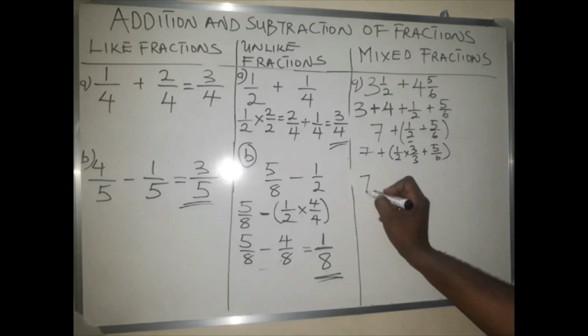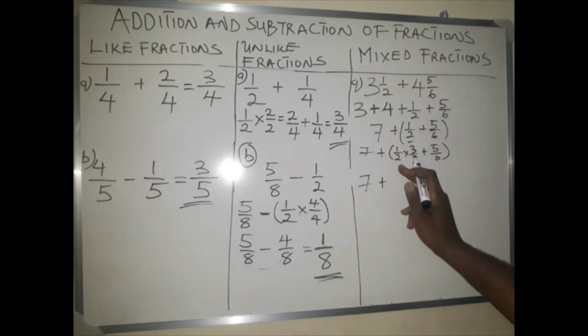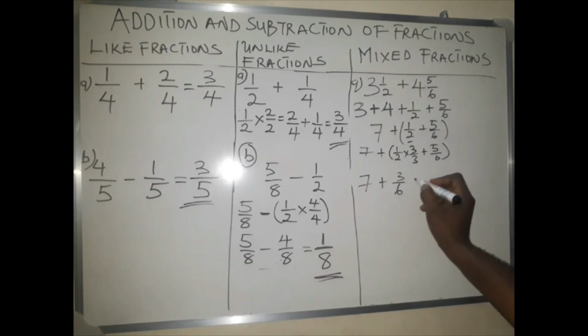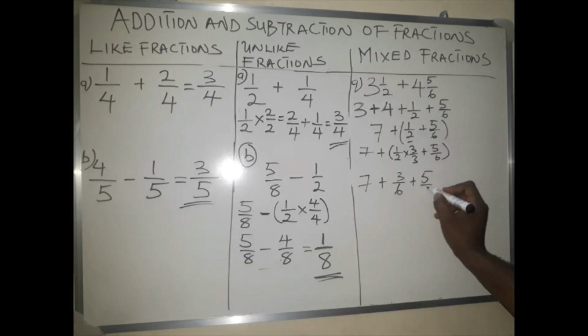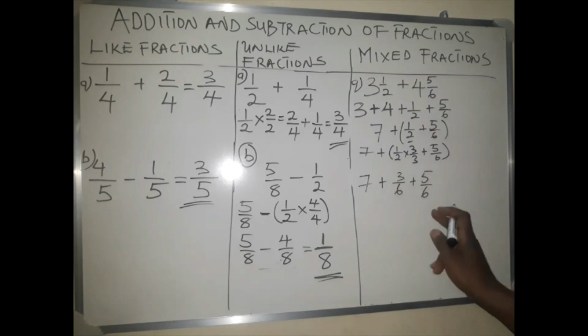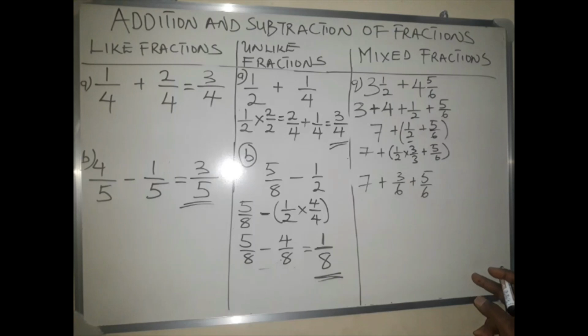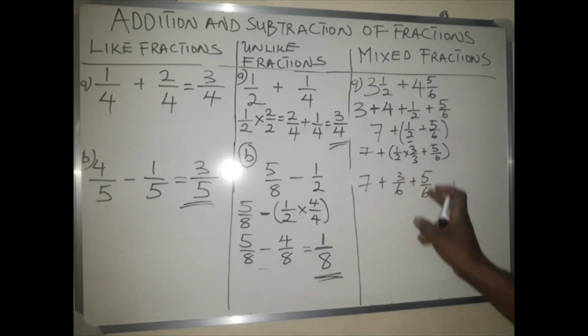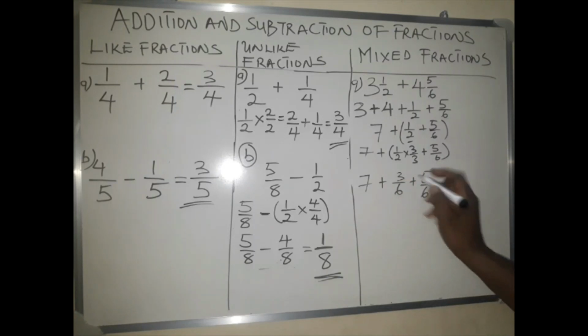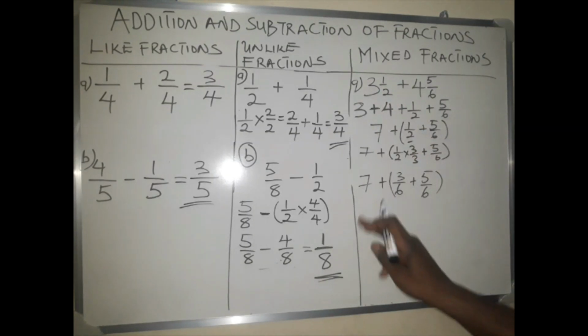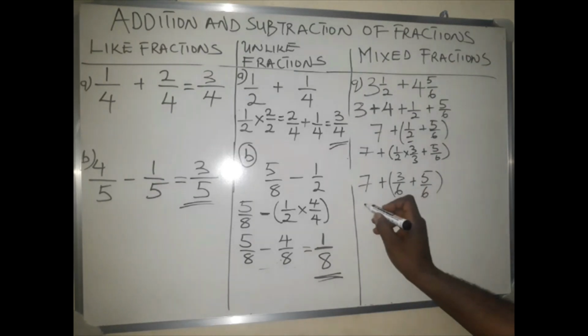So now you have your 7 plus this 1/2 times 3/3, which will now give you 3/6, plus 5/6. Okay, so this is now like fractions. And we've already added the whole numbers. We've gotten 7 here. So now you can easily add this together. When you add this together, you're going to get